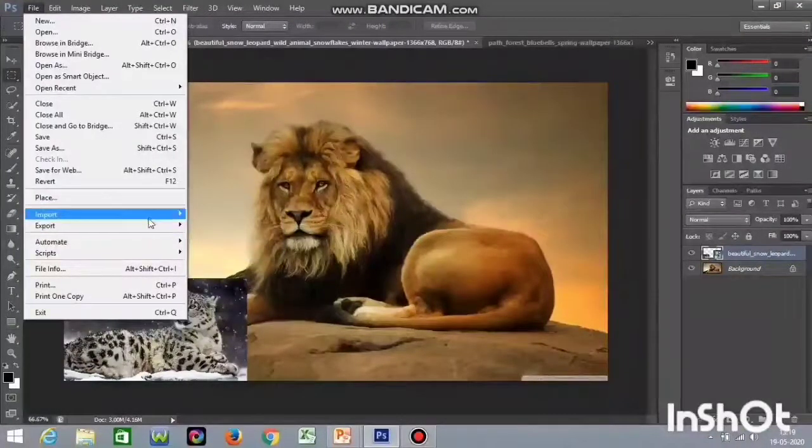So this is one of the examples. If you want to insert anything like video frames to layers or notes or whatever it is, if you want to import something into your Photoshop software, that could be your scanner or your digital camera, whichever you have. Digital cameras you would have seen in any photo studios.